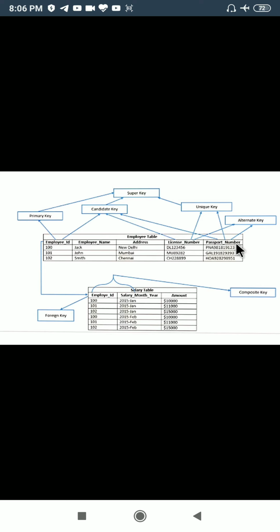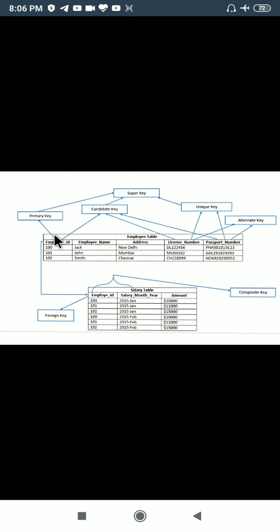It is my choice to whom I should make the primary key. It is just like I want to make a leader of your class, and for that leadership I found three students eligible, but I will select only one leader out of three. The same case is here. Three fields, three columns are qualifying to be a primary key. This can be a primary key, this can be a primary key, but I will select one as the monitor, one as the primary key.